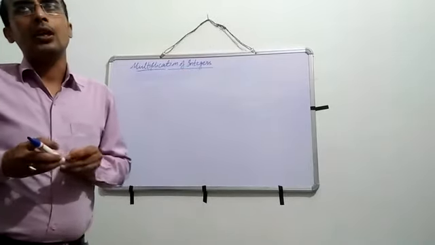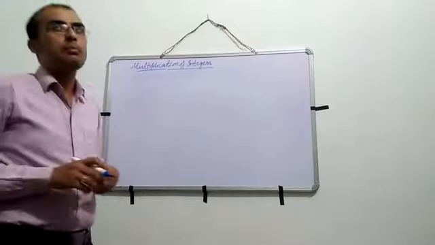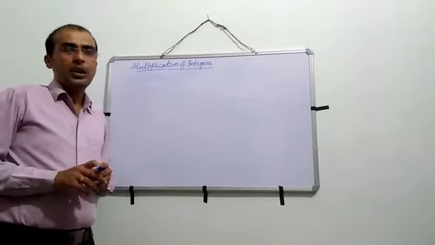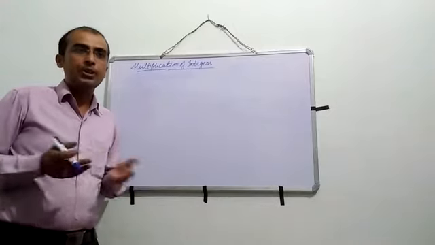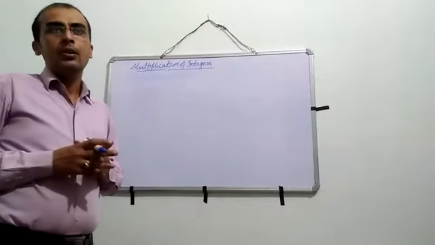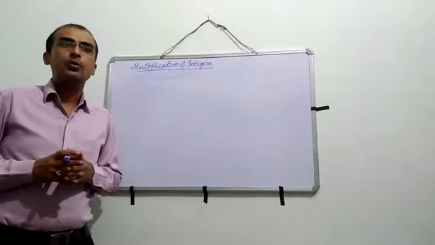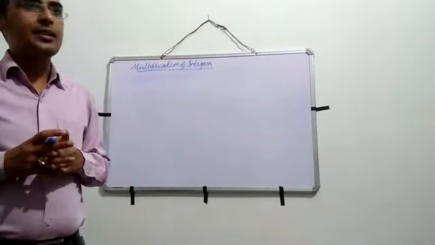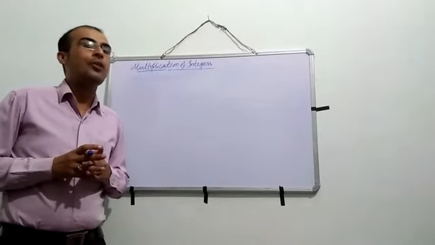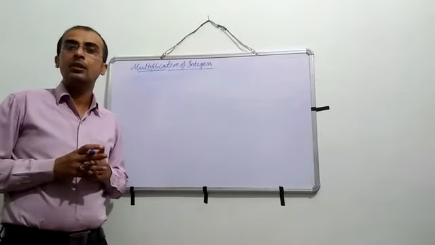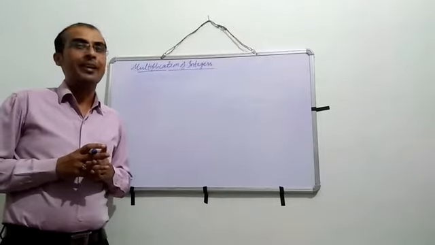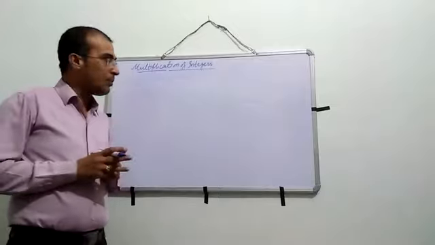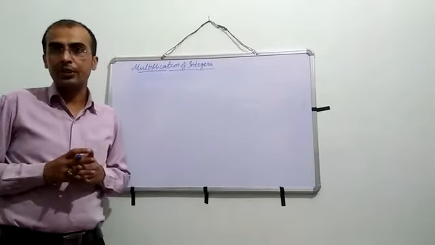Since we know that integers may be negative or positive, or neither negative nor positive, an integer which is not positive or negative is zero. The multiplication of zero with an integer, I will discuss in the properties of integers. Today I am going to discuss the multiplication of positive and negative integers.